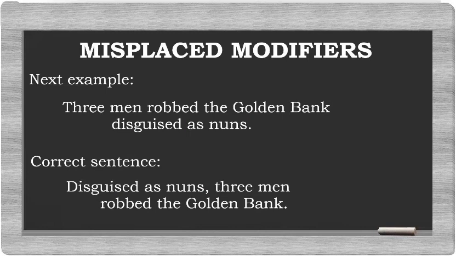Now, in the next example, 3 men rob the Golden Bank disguised as nuns. Yung bangko nag-disguise na madre, which is actually impossible. The correct sentence should be disguised as nuns, 3 men rob the Golden Bank. Magkalapit na yung disguised as nuns doon sa talagang imomodify niya, the 3 men. Okay? Now, pangatlo,